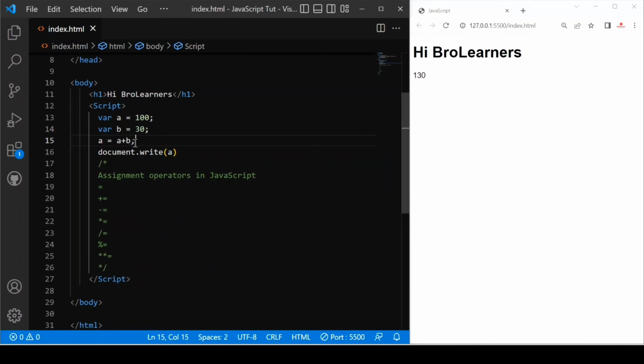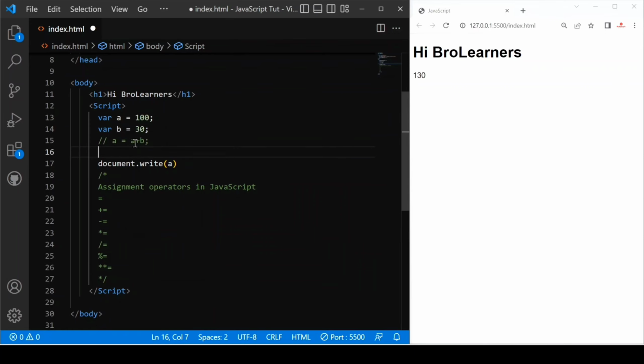But we have another way to do the same thing. If I want to use a, then plus equals b and semicolon. Let's see. There is nothing changed. Why? Because this is 130. It means we can shorten this expression a equals a plus b as a plus equals b. We can do the same for minus. If we provide minus here, it is minus. You can see. If we provide multiply, then it is multiply,